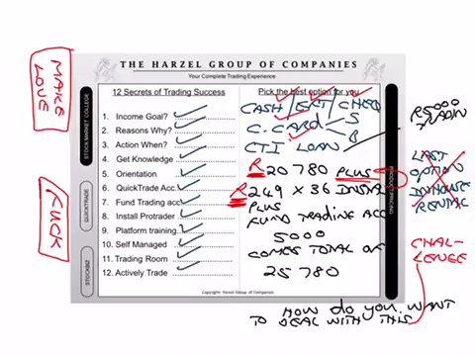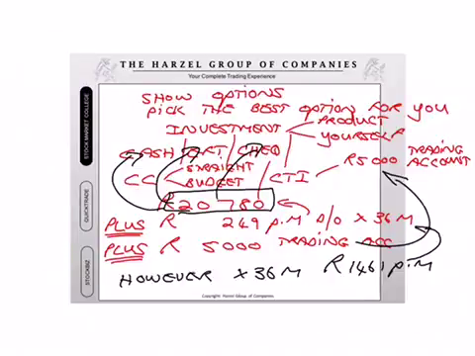What I also didn't like about what Wesley said, and he eventually said, where was his thing? Here I'm looking at Wesley's thing, not at my explanation. So he said it comes to a total of. I didn't like that word choice either. It comes to a total. Go to my page. Here it is. I said, okay, it's 20,780 Rand plus 249 Rand a month by debit order for 36 months. And then I made that arrow here to say it's part of the course fee. And then I went plus 5,000 Rand for the trading account. And then I did something really critically important.